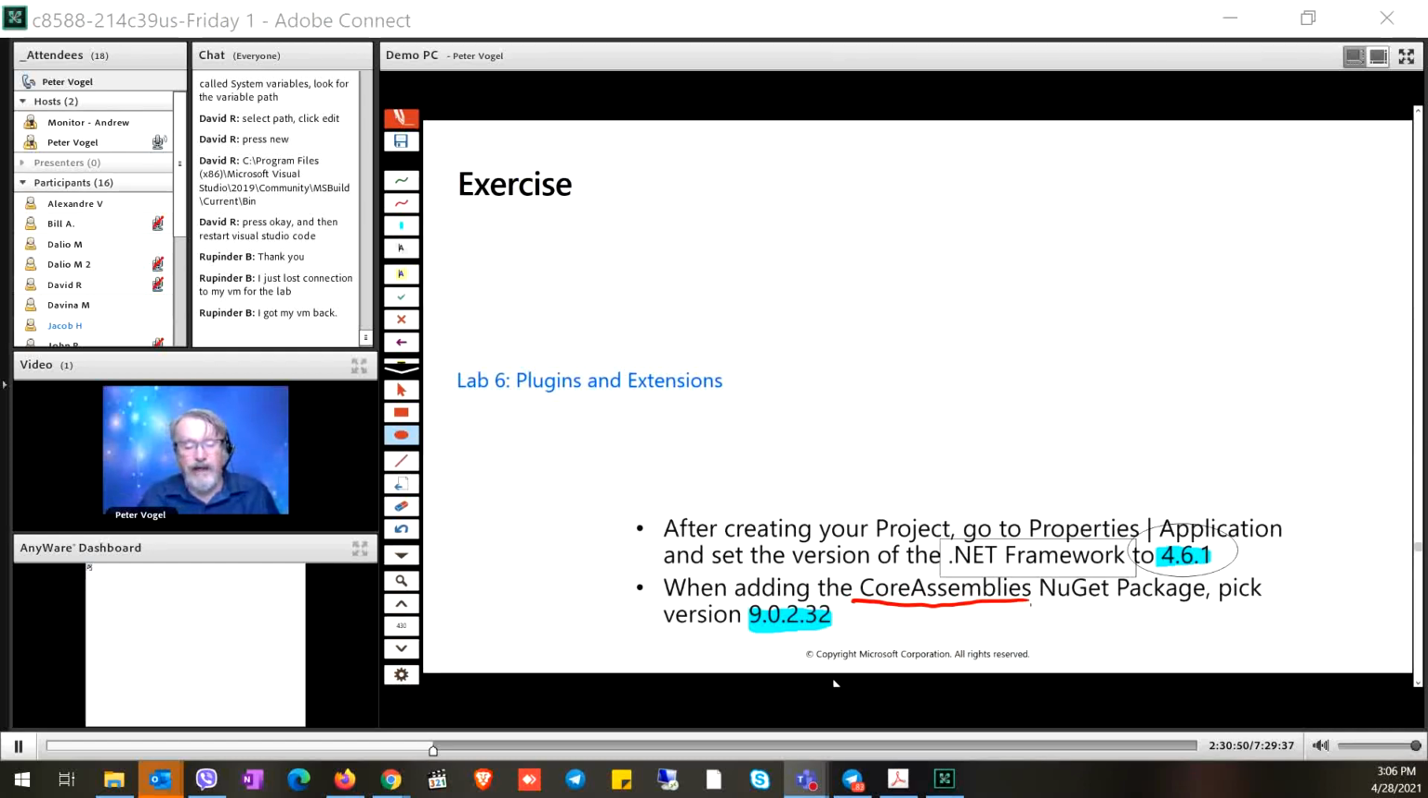So make sure you get .NET Framework. When you create your project, make sure that you set the .NET Framework to 4.6.1. And when you go get the NuGet package, don't take the latest version. When you get the NuGet package, on the right-hand side, it shows you there's a version list. Hit that drop-down list and pick the version